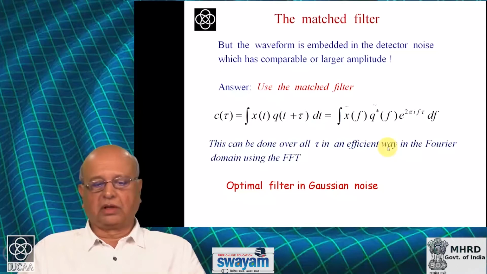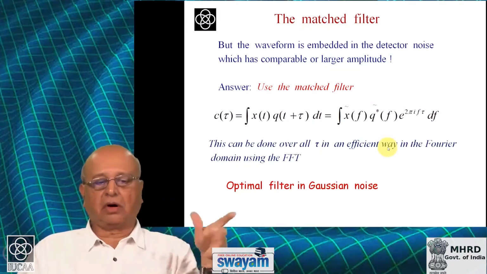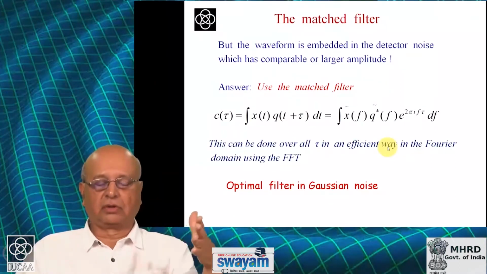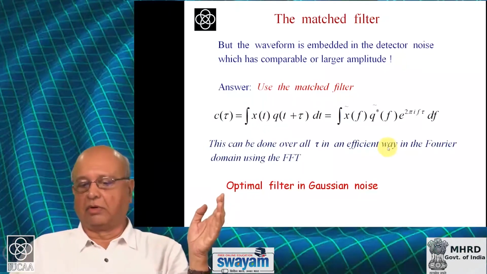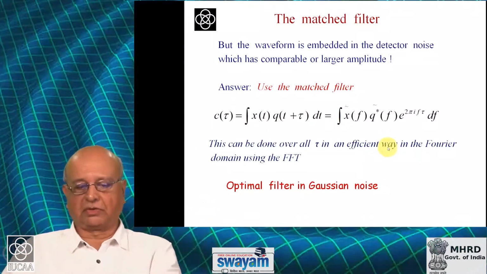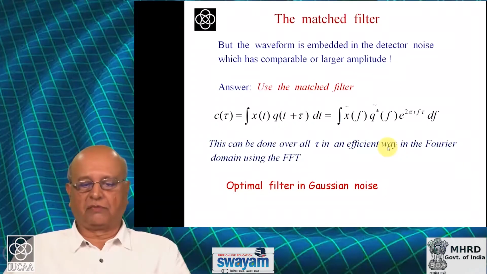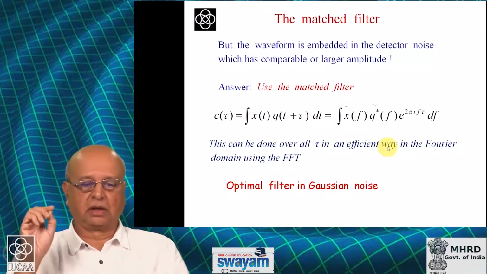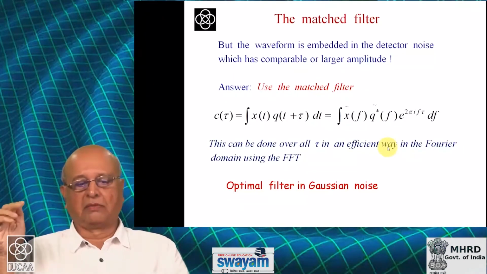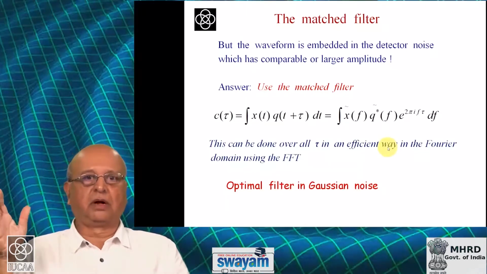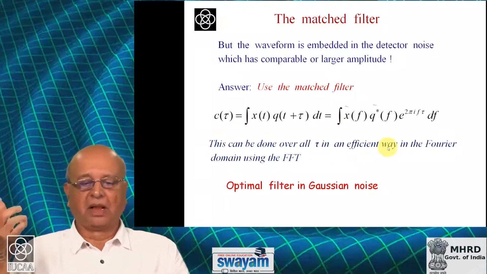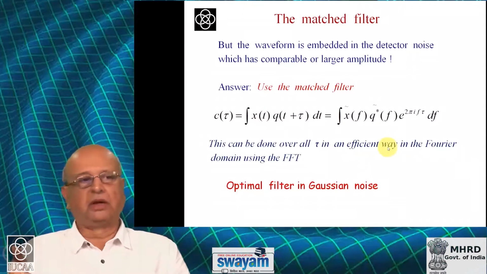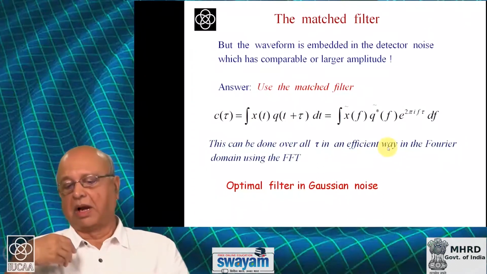and it is best to do it in the Fourier domain, because then you can use the FFT. So, we can get the correlation at all times, at one stroke. Instead of doing a whole lot of calculations of x of t times q of t plus tau, where tau runs over the whole data segment, you would have to do n integrals, which would amount to order of n square operations. But with the fast Fourier transform, you just need order of n log 2n operations, which brings down